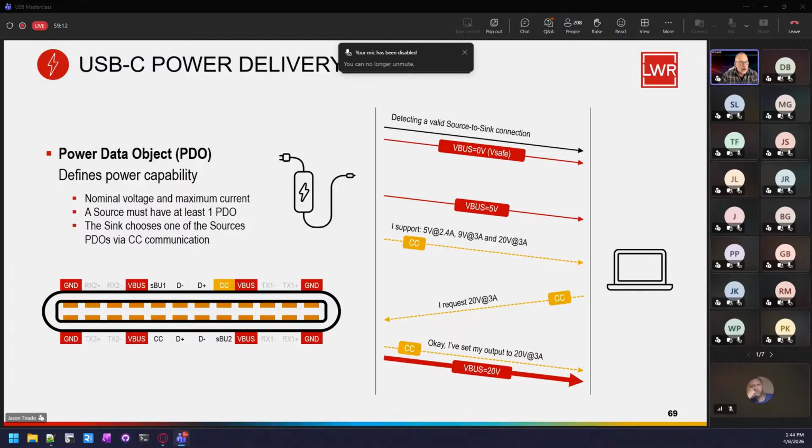This is more about the power data object and how it defines the capability to deliver the power. Like I said, in the standard, you can get up to 240 watts, but this slide is really about the negotiation going on between the host and the source to sink connection. So first it's got to establish the connection. Then it says, I support 5 volts at 2.4 amps,